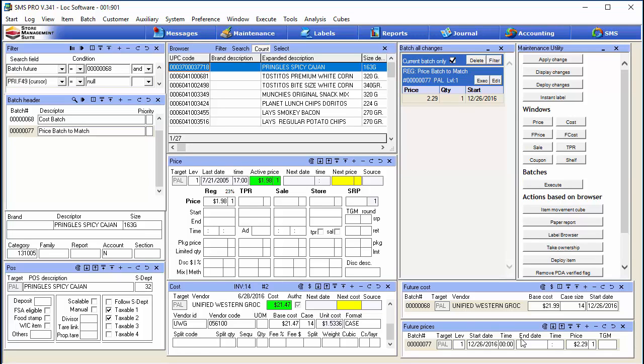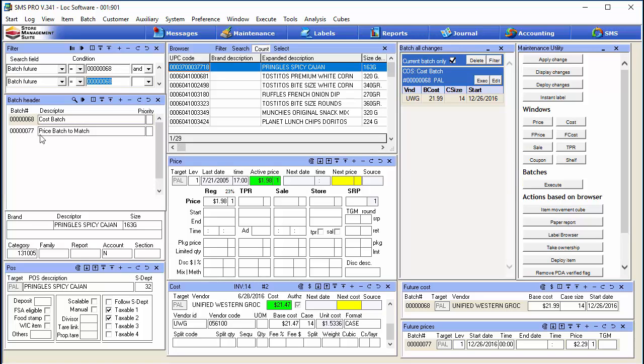Let's go ahead and finish the other half of this equation of updating the pricing with those two items that had a TGM already in the system. Okay, so the last part of this is to go ahead and update the pricing for those two items that had TGM already established. We're going to come back to our batch header window. We're going to highlight the cost batch. We're going to go ahead and execute that cost batch, and I think we're going to bring in, yep, all